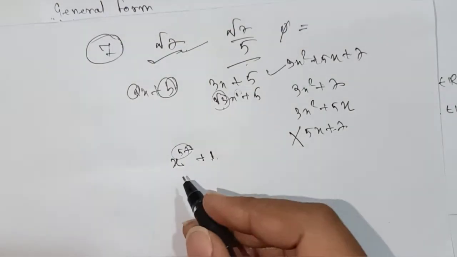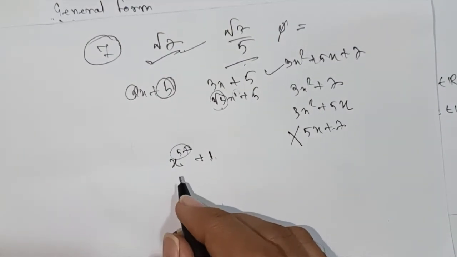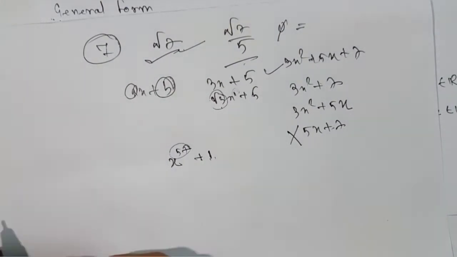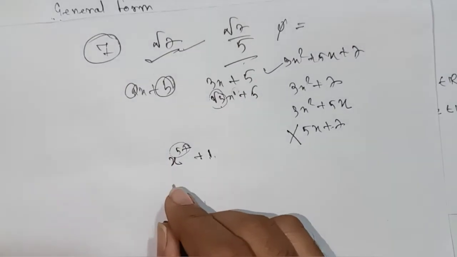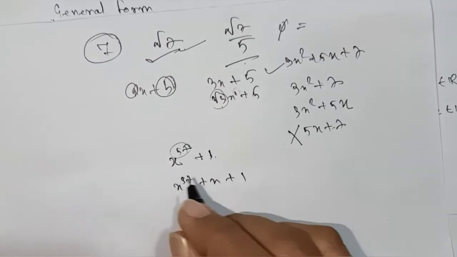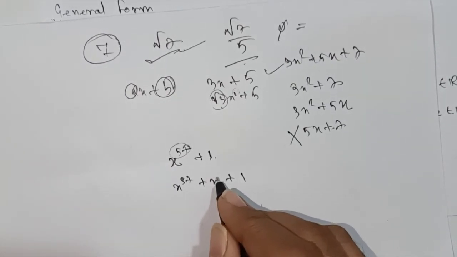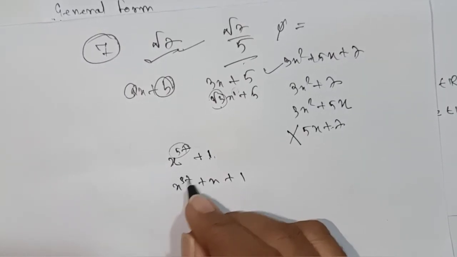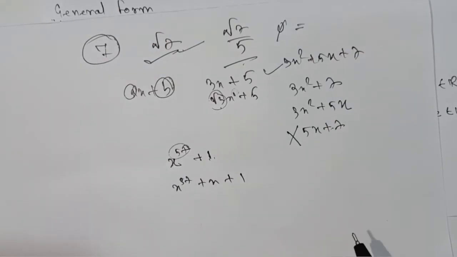Now the same question it may ask, like give an example of degree 57 of a trinomial. It should be a trinomial. So x to the power 57 plus x plus 1. You may ask, sir, may I write any other degree? Yes, you can write, but it should be less than 57. 56, 54, anything you can take, but it should not be more than 57 if it is asking you to write the example of degree 57.